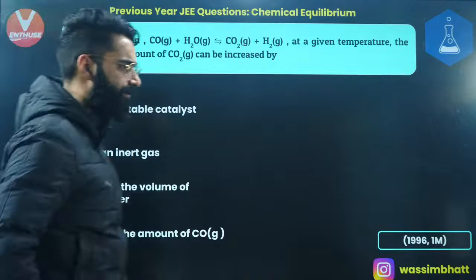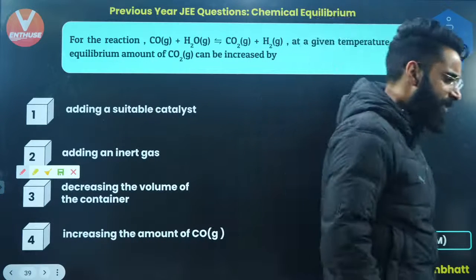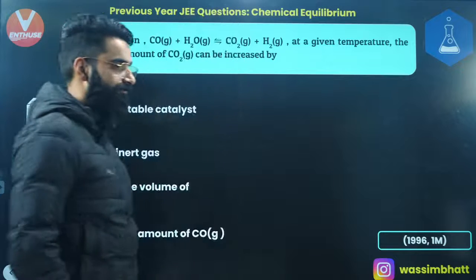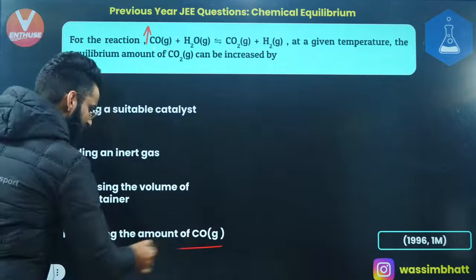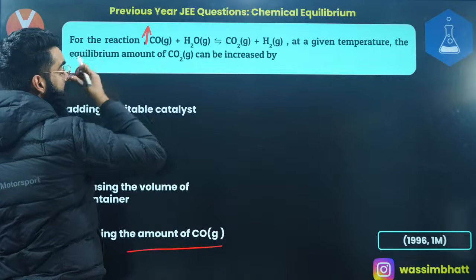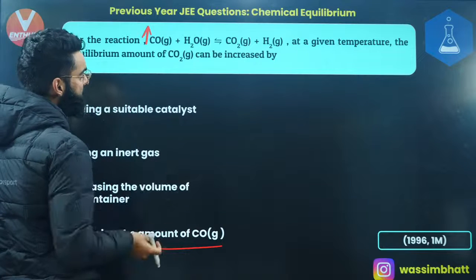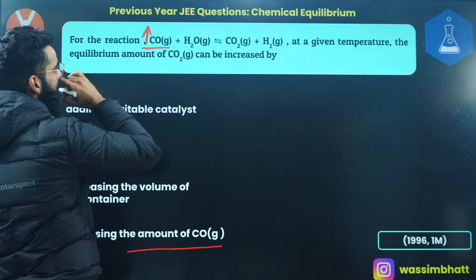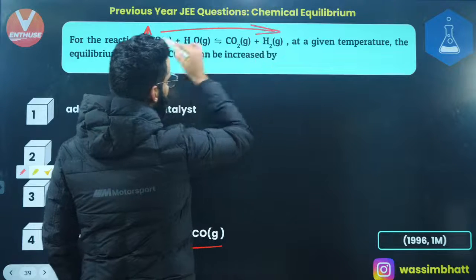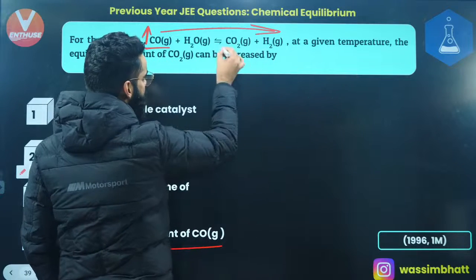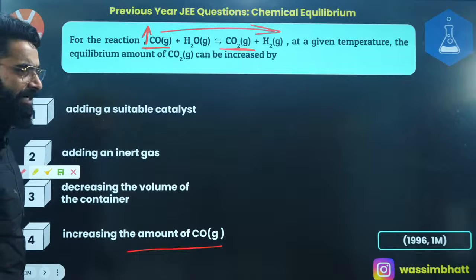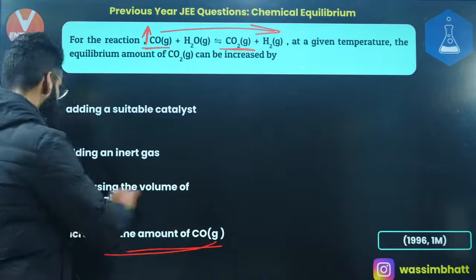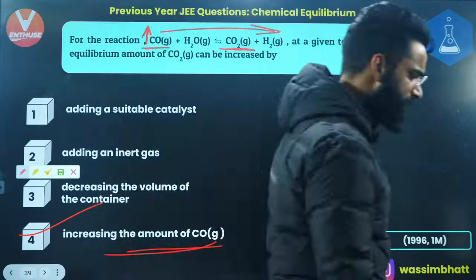So what is going to be the answer of this question? How can the amount of CO2 be increased? We will have a look. If I add carbon monoxide into the system, equilibrium will try to decrease it. And how will equilibrium decrease the amount of carbon monoxide? By making the reaction move in the forward direction. And when the reaction moves in the forward direction, the amount of carbon dioxide increases. That's what we wanted, right? And how is it getting increased? By adding carbon monoxide. So option D is the correct one. Again a simple one.